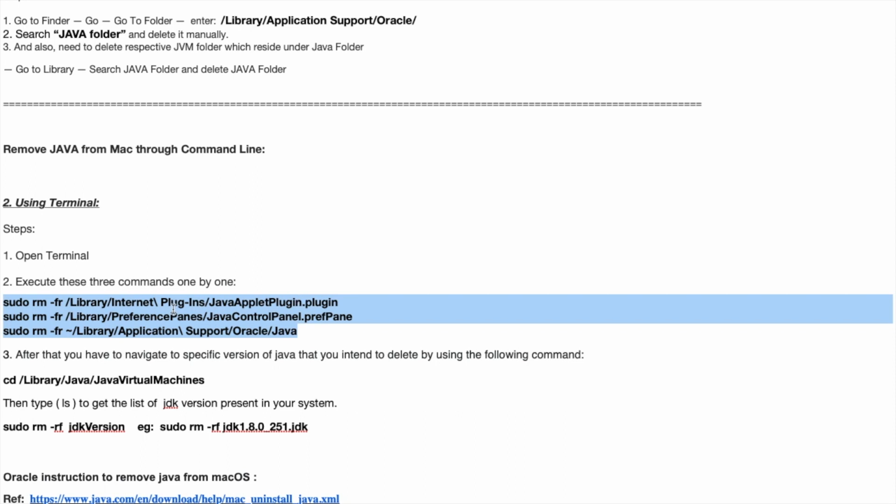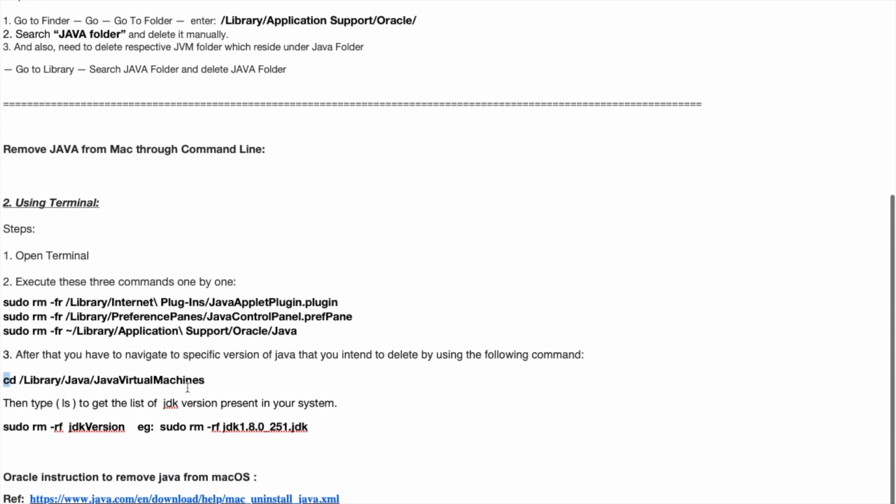Once the second step is done, you need to delete the JDK which resides under this folder, Library Java Virtual Machines, which I just showed you earlier through the manual process. In the terminal write cd and this path, Library Java, and after that you need to write ls, to check the contents of the directory.